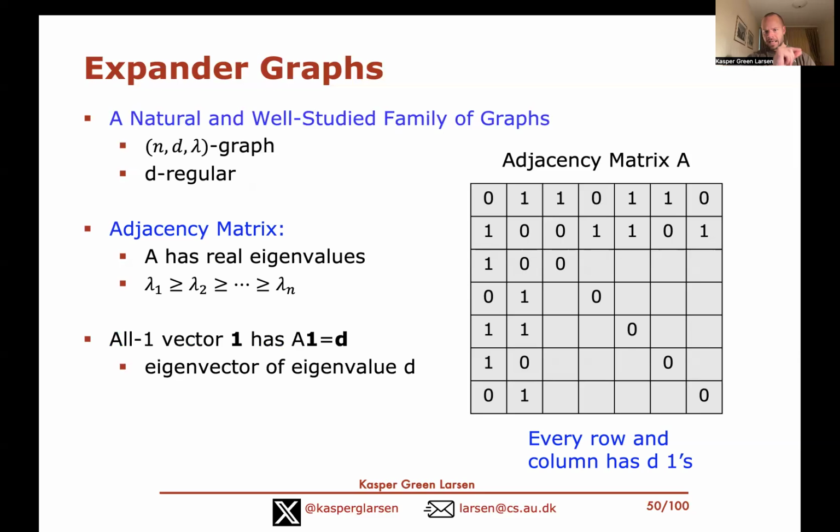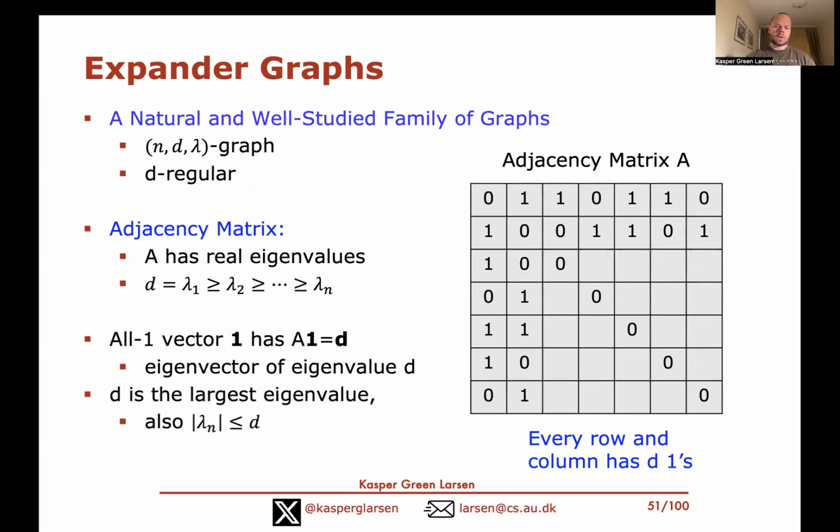Then you can see that every row sum is d, and there are d ones in every row. So I just get the all-d vector, which is in fact a rescaling of the all-one vector, which means that the all-one vector is an eigenvector of this matrix with eigenvalue d. And you could also show that d is the largest eigenvalue of this matrix,